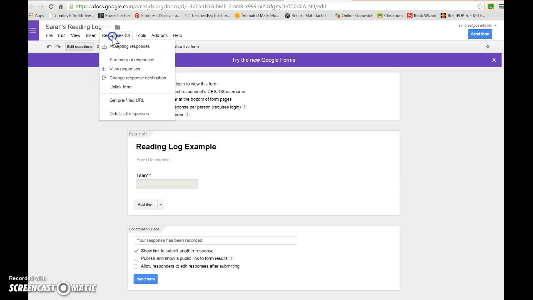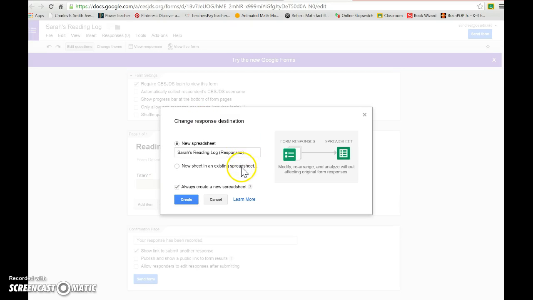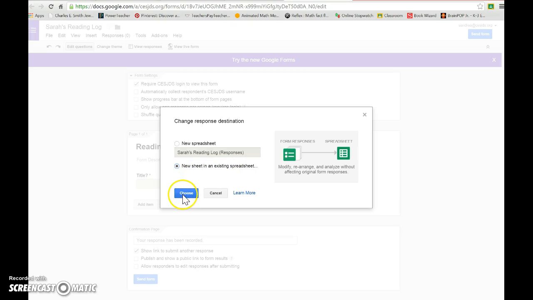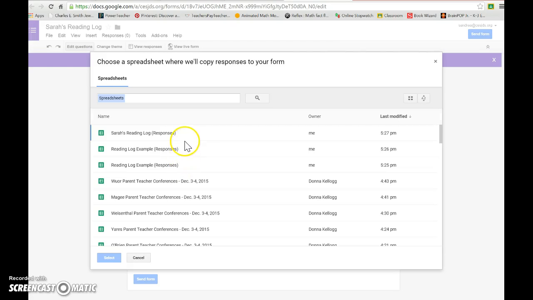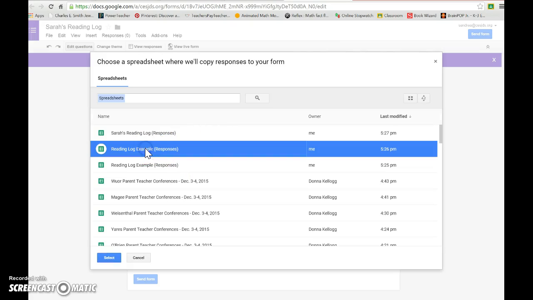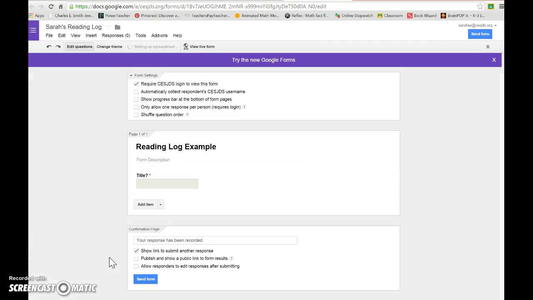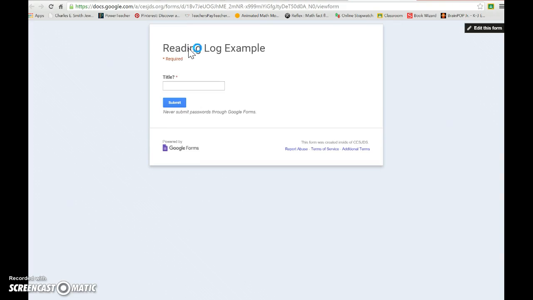You want to go back to Responses, change response destination, and you want this, Sarah's reading log information, to go in an existing spreadsheet, the one that you just created. So I'm going into Reading Log Examples, and I'm going to select. Now if I go to the live form, I can see that this is what the student will see, and if I type in a title and submit it,